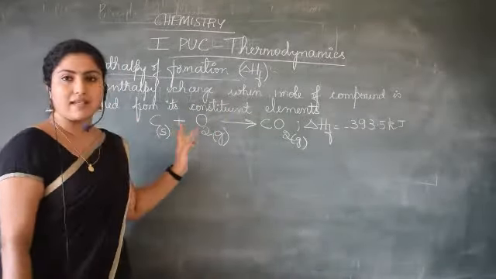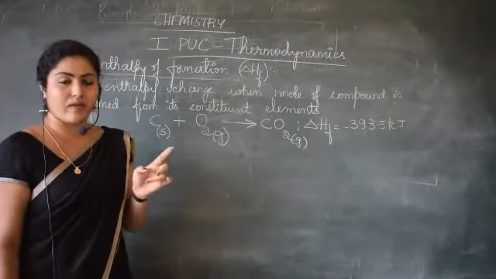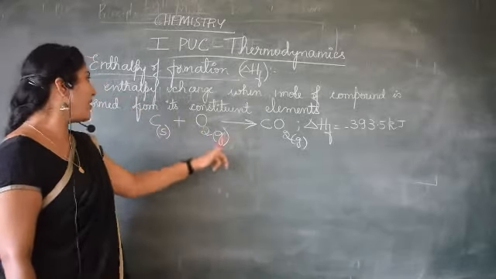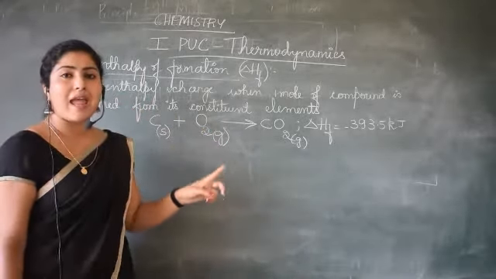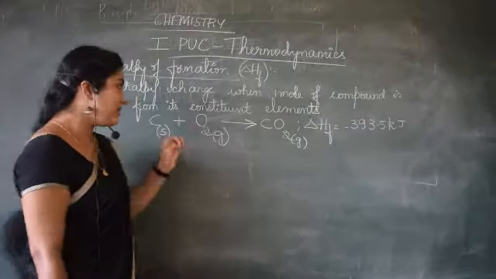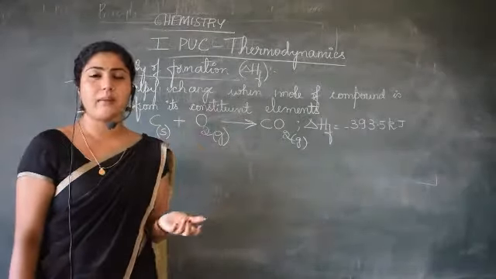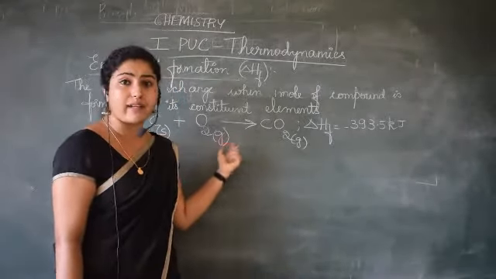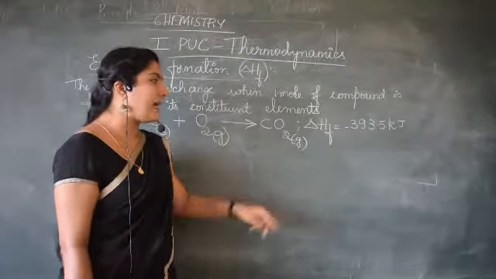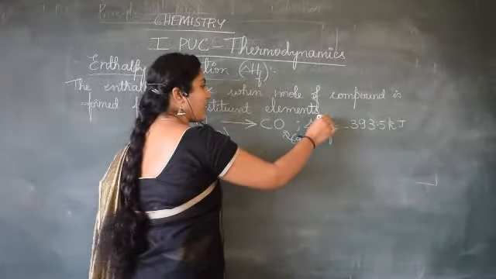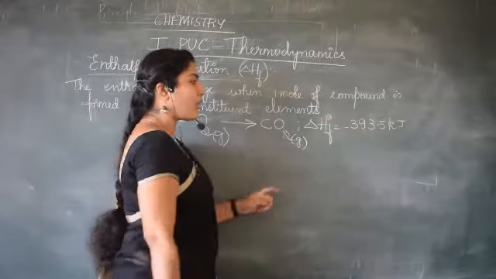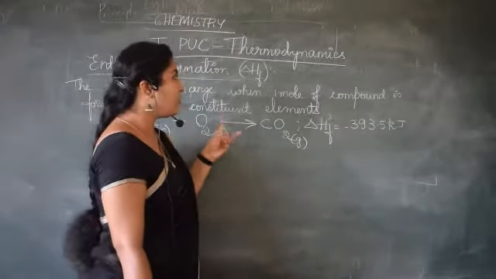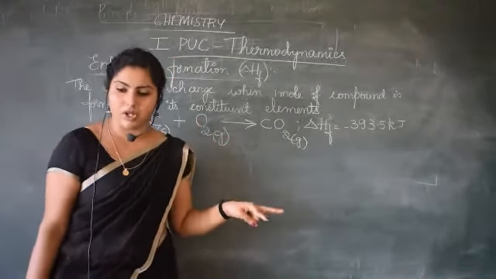If it is asked to define standard enthalpy of formation, you will write the enthalpy change when 1 mole of compound is formed from its constituent elements at their standard states. That means when these are present in their standard states, the enthalpy change that takes place is called standard enthalpy of formation. And here delta HF will be denoted as delta HF naught, if you indicate the standard condition. Do note this as well as the standard definition.